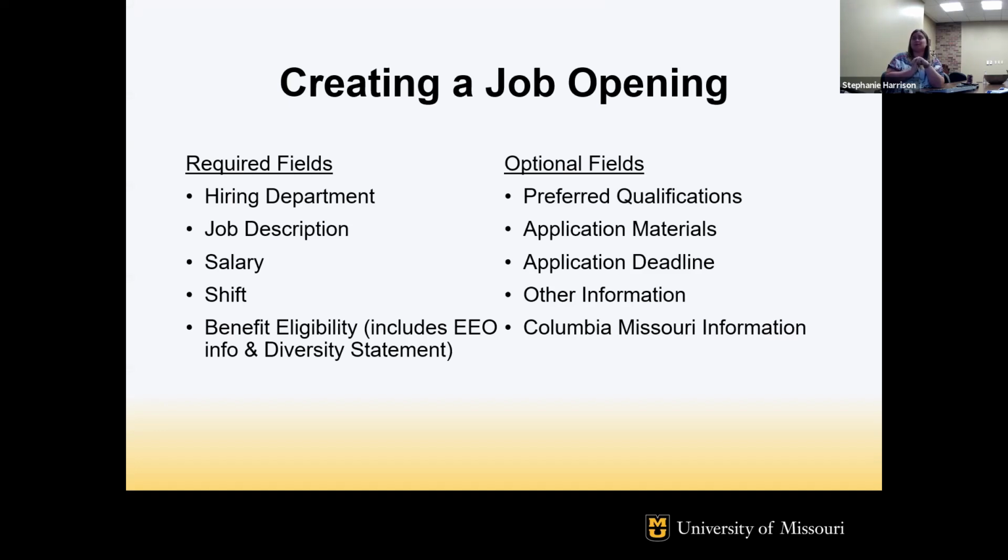One thing I will point out is if you list an application deadline, you're completely welcome to do that. But if you list May 28th as your application deadline and on May 24th you submit a job offer to me for it, I'm going to push it back and tell you that you have to wait until your May 28th deadline. Basically, if you list a deadline, you have to leave it up until then. After that, you can review your candidates, make job offers, that type of thing. A lot of times, if you list an application deadline, we will email back and just say, just heads up, you're fine to have this, but if you list it, then you have to stick by it.